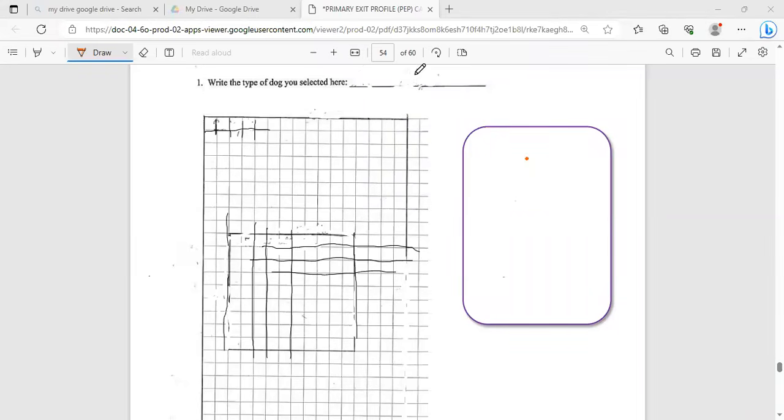All right, so for the grid, I'm gonna do a 20 by 20 because remember, guys, 20 times 20 gives you 400. Remember, a square is a rectangle, but a rectangle is not a square. So I'm gonna go 20 by 20. So 1, 2, 3. And guys, you literally just need to count them, all right? 1, 2, 3, 4, 5, 6, 7, 8, 9, 10, 11, 12, 13, 14, 15, 16, 17. Oh, that can't work,